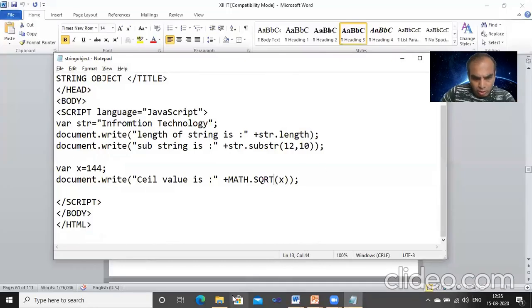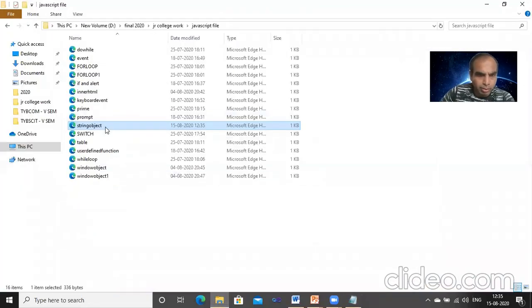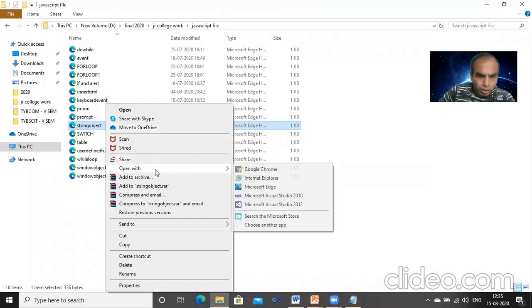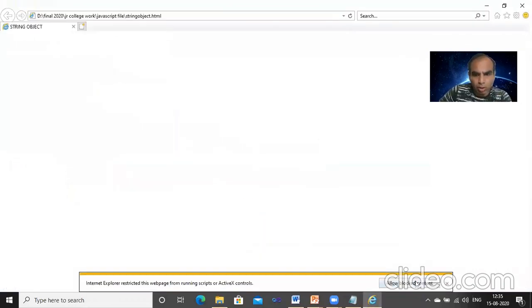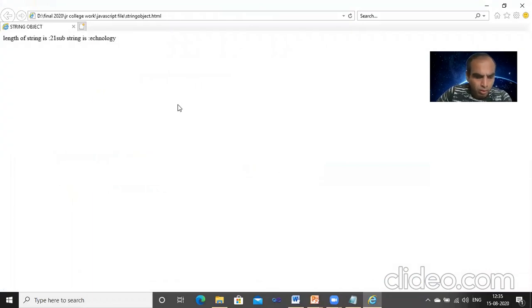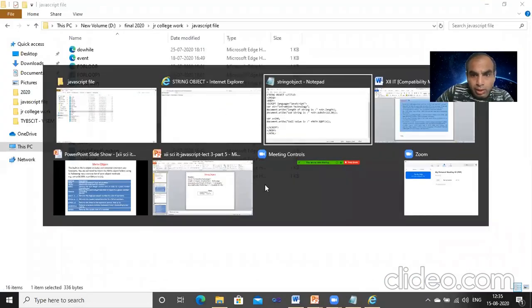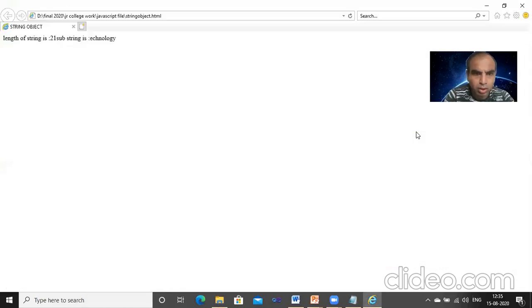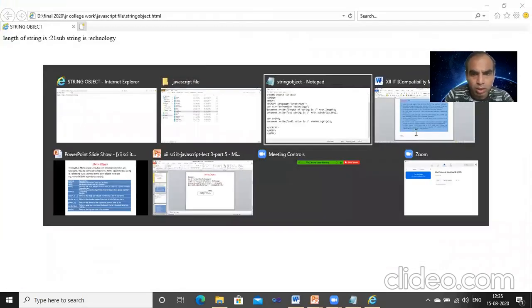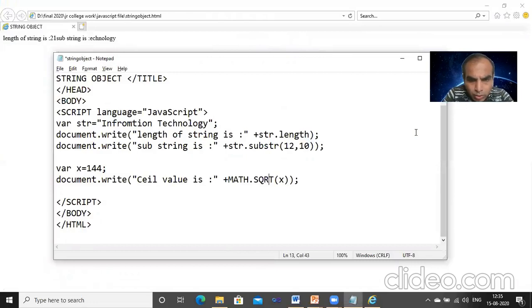Close the JavaScript part. Many times what happens, when you refresh it, it will not refresh, so we will open it again, allow the blocked content. Then let's see the output, what happens. Math dot math, math dot square root, sqrt is in small letter.